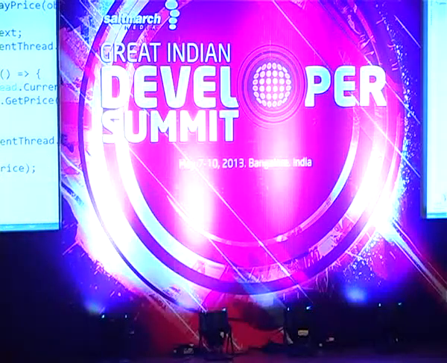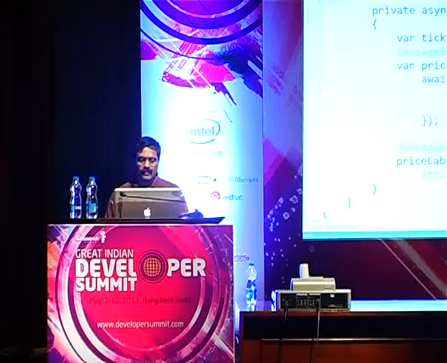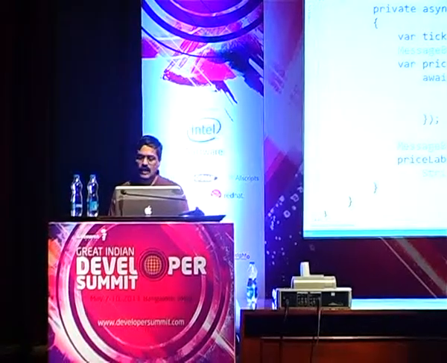Well, to do this, what I'm going to do is go back to this code, and rather than the task run and all those things we did here, let's go back to the code that we are using, the Yahoo Finance code. And what am I going to do here? I'm going to create yet another function right now. It's going to return a double, but it's going to be called getPriceAsync. So I just tagged along an async word so you know that it's going to be asynchronous. It takes a ticker as a parameter, and within this, I'm going to say I will take care of the problem here.